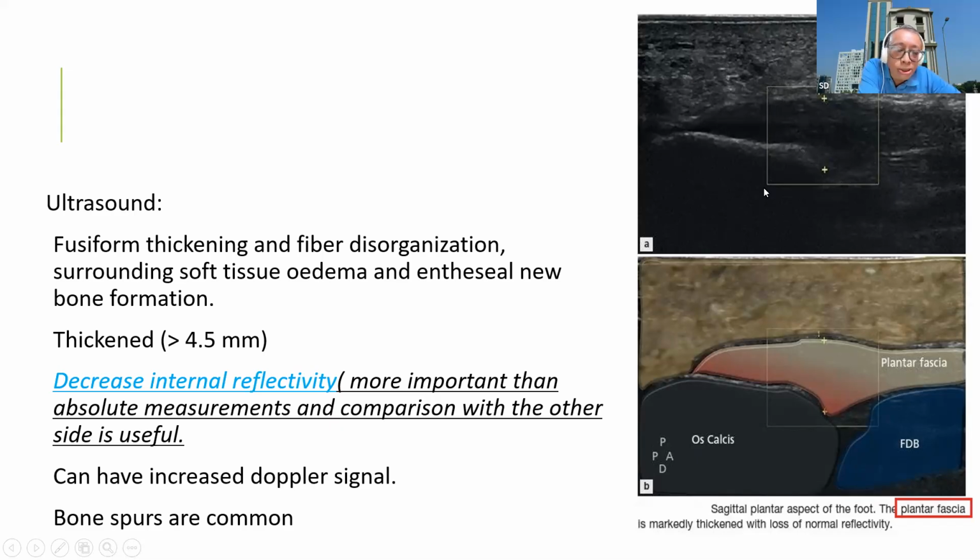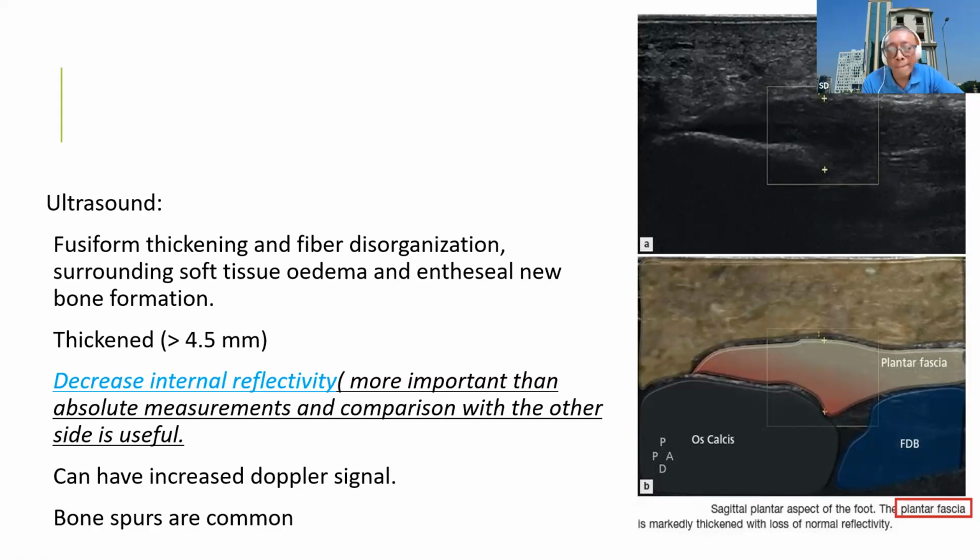Okay, so sometimes there can be bone spurs coming from the calcaneum into the plantar fascia. So this is also very common, but bone spur itself doesn't cause plantar fasciitis. Okay, many a time people can come with the x-ray of the ankle, and they might show you the bone spur and say that I have heel pain because of the bone spur. So bone spur itself usually doesn't cause any pain. But if it is associated with plantar fasciitis or plantar fasciopathy, or if the bone spur is too big, then